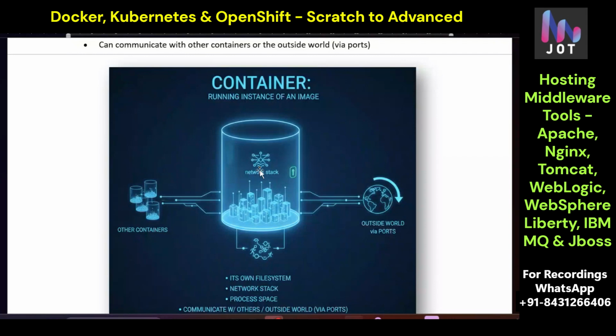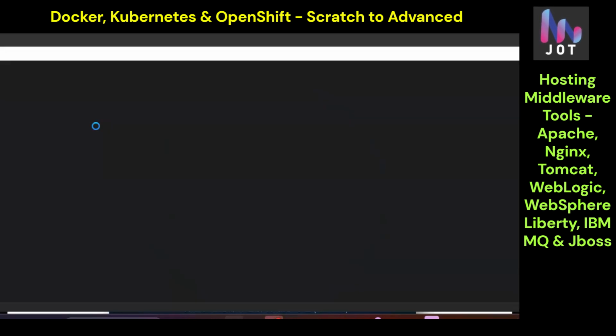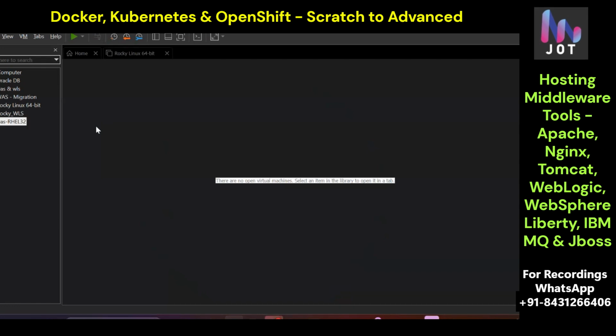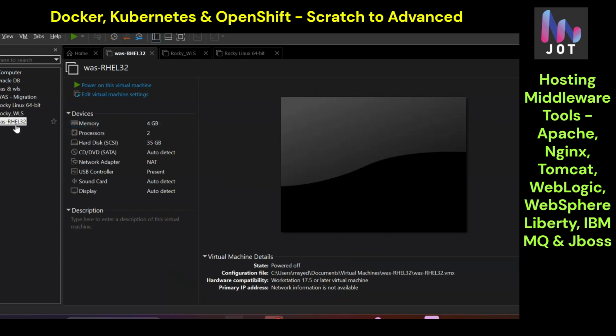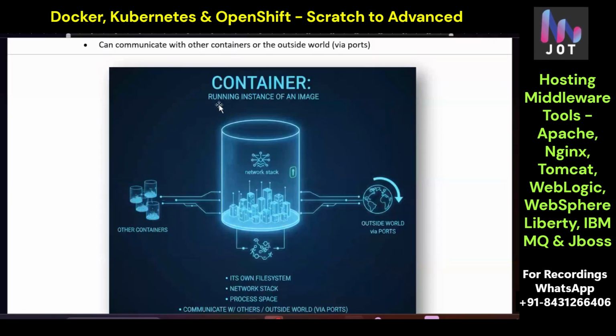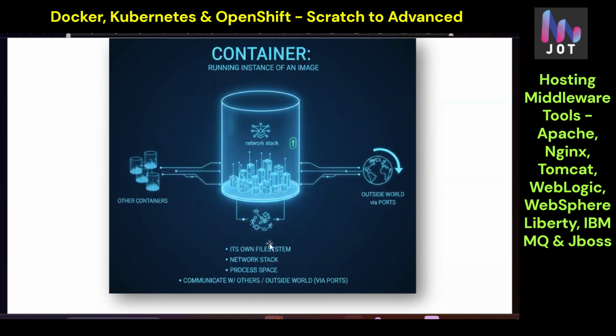So if you see here, I have RHEL, which is 32-bit. It has its own file system. It has root, it has OPT, it has etc. In the same way, a container,